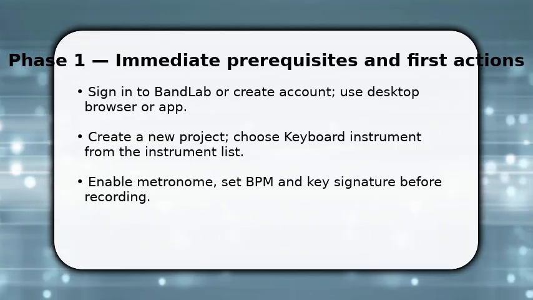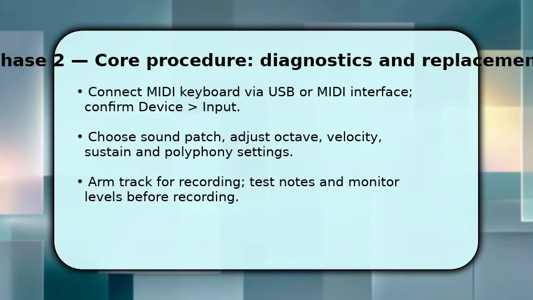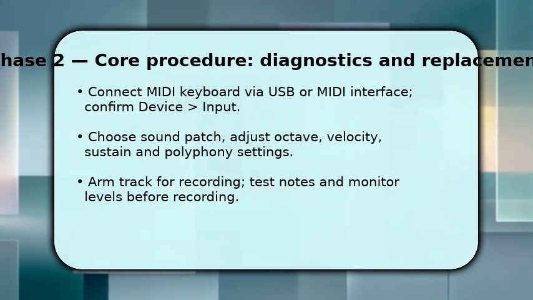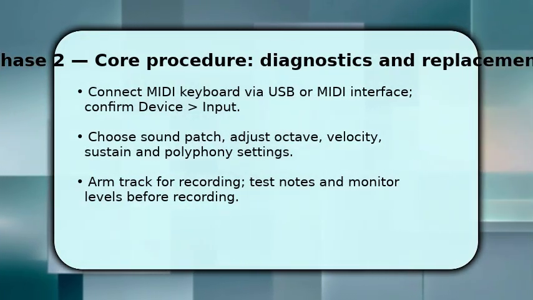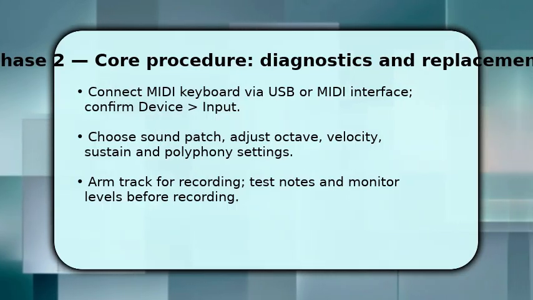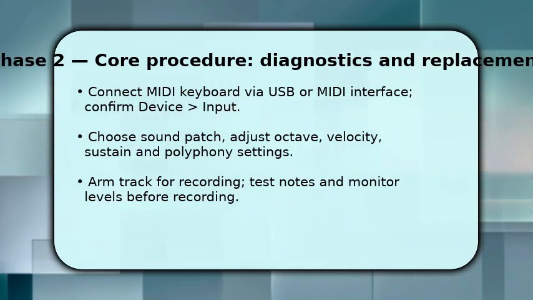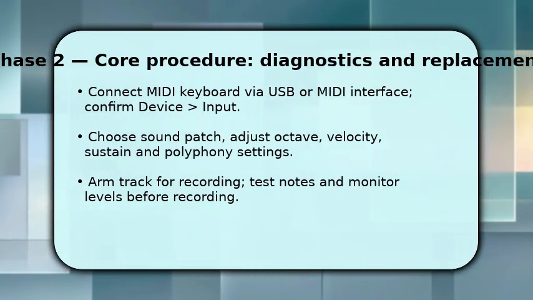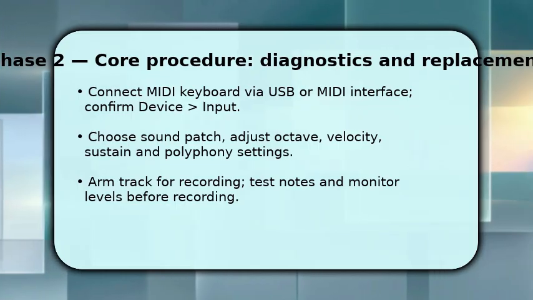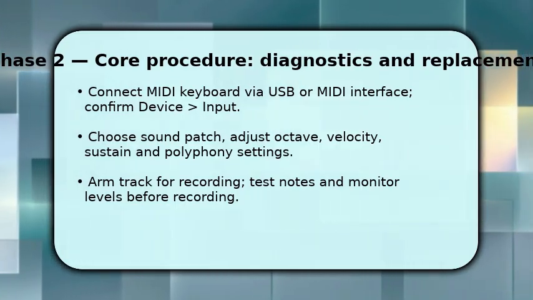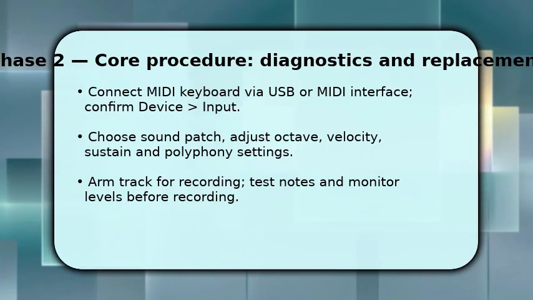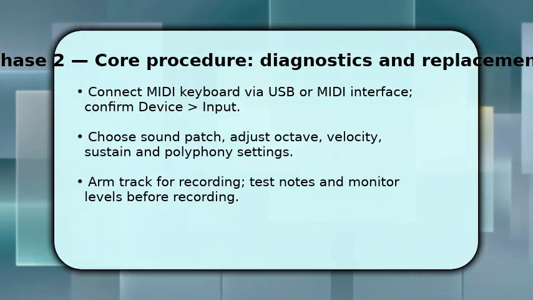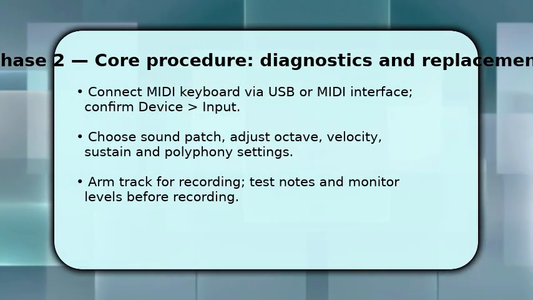Now you connect and configure your keyboard so it plays correctly. Plug in via USB or MIDI interface, then go to Device Settings and pick the input. Bandlab will map incoming notes. Choose a patch: piano, synth, or electric. Adjust octave shifts and velocity curve to match your touch, and enable sustain if needed. Arm the keyboard track for recording and play a few test notes while watching levels. This verifies latency, routing, and that you won't